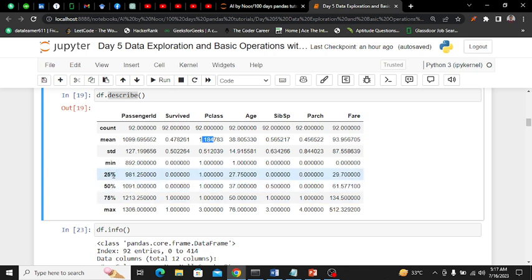25% percentile means that, let's say in age, we are going to cover these 3 things with the age column. So 25% means that in the age column, 27